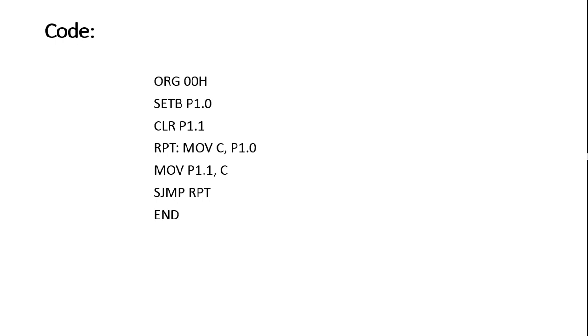Okay, so I hope you understand the code now. It's a very simple and basic code, so I think there shouldn't be any problem in understanding it.